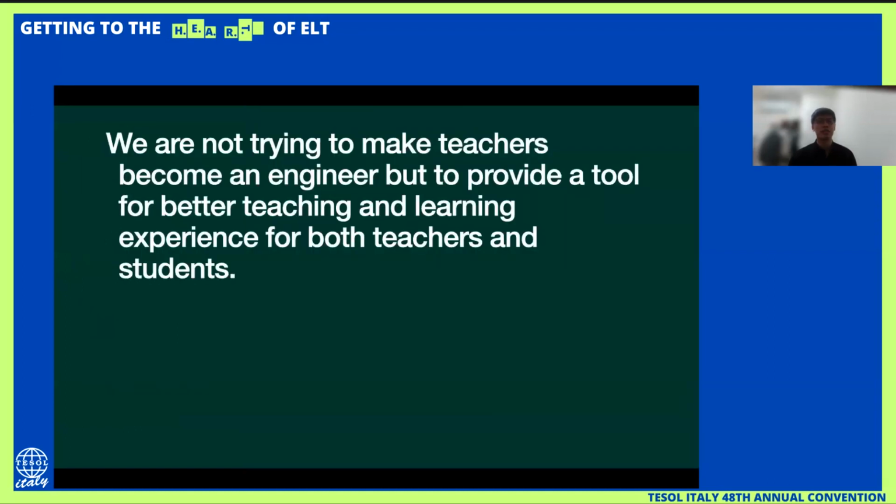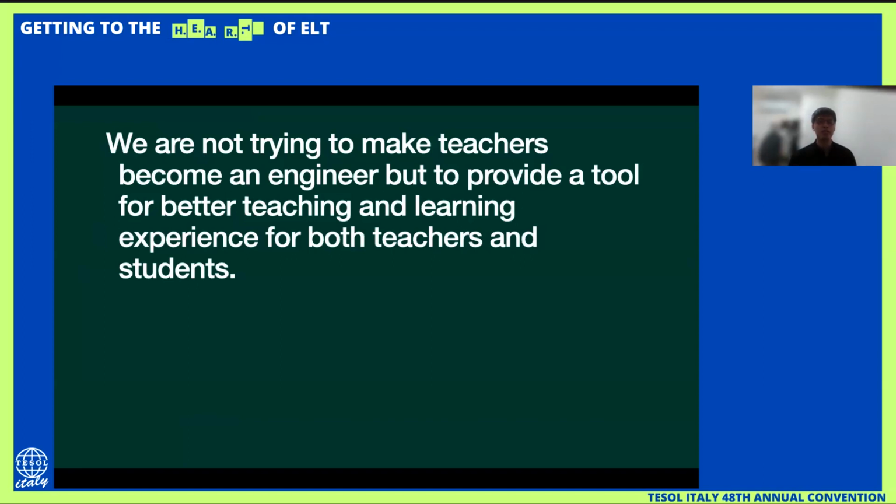So our purpose here is not to make teachers become engineers who learn how to design robots, but to provide a tool, the chatbot, the EduAct, for better teaching and learning experiences for both teachers and students.